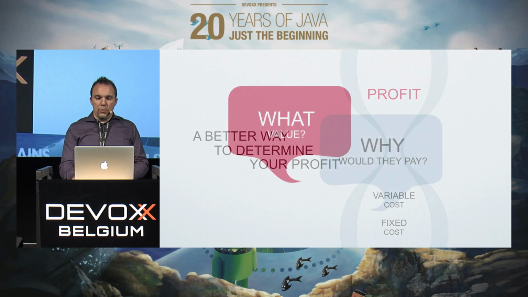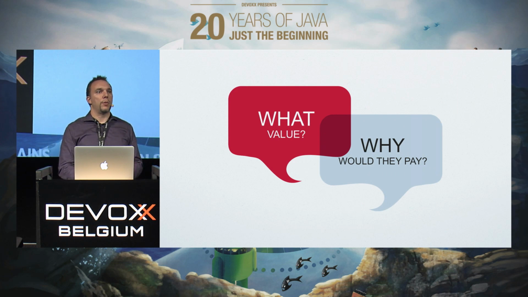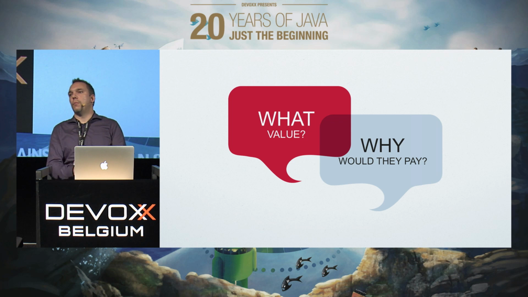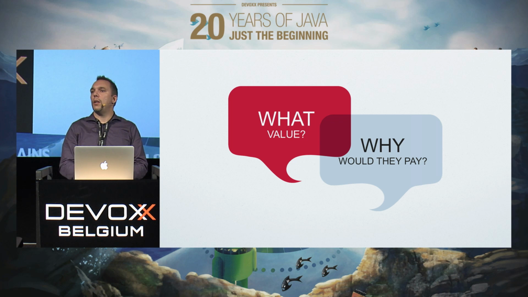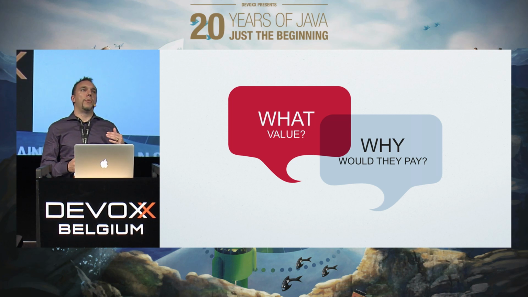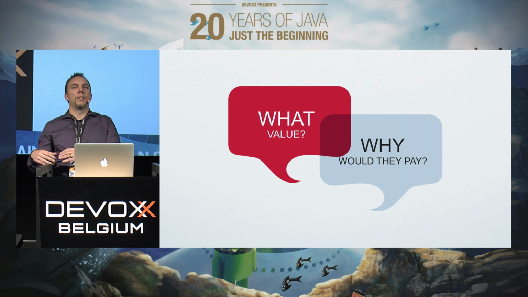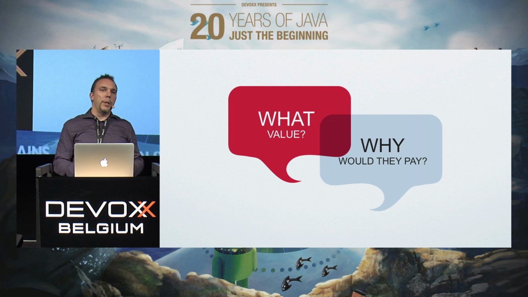Okay. Just a quick note: what is value pricing? Because that's what most software startups do. Cost pricing is you calculate what it costs to produce a good. You add a margin, typically the industry average margin, which depends a bit on the sector, and that's your selling price. Value pricing is something else. This is where you try to determine how much value what I'm delivering is creating in the minds of your customer, and I want to take part of that value, and that's my price. So that is a completely different way of looking at your price.